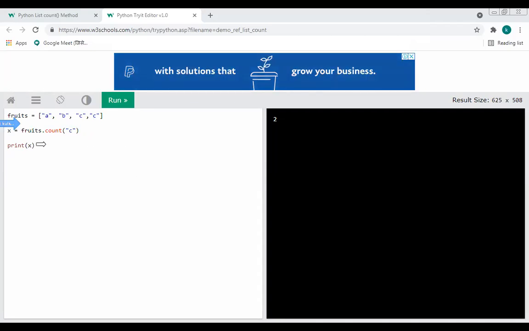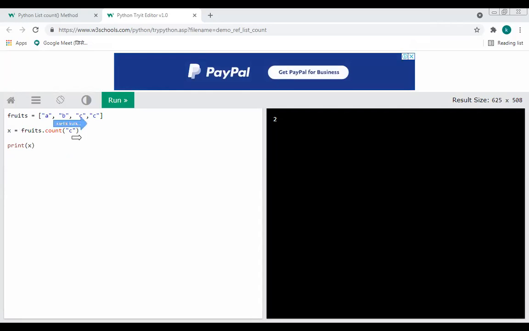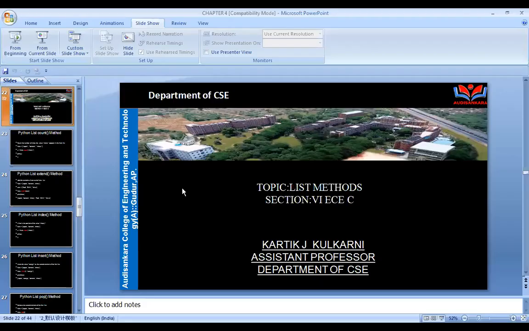This is how the count method is used to retrieve how many times a particular value is repeated in the given list. Now you have clearly understood the practical implementation of the count method.